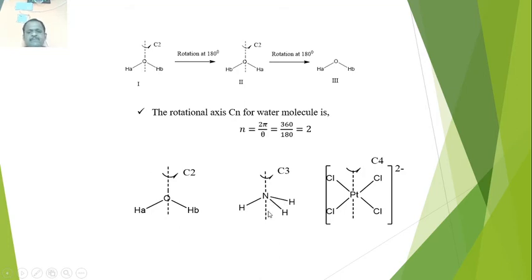Now when you pass a line through the center of this triangle, which is formed by the 3 hydrogens, and it goes to the nitrogen and lone pair, and now when you rotate that molecule, you require 3 rotations. You require three 120 degree rotations so that you will get the identical molecule.